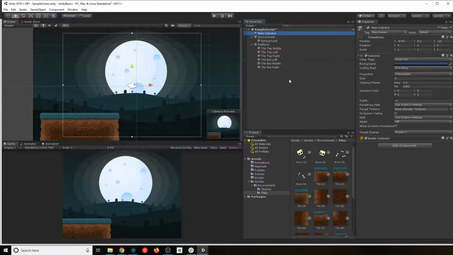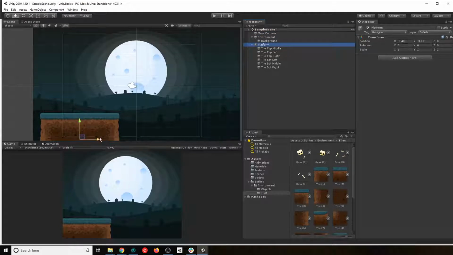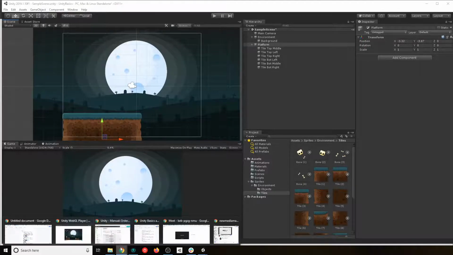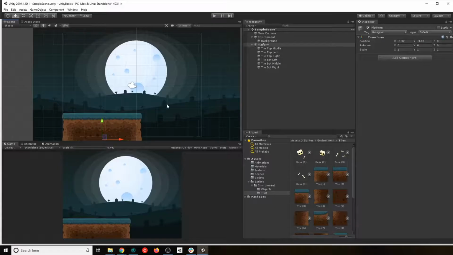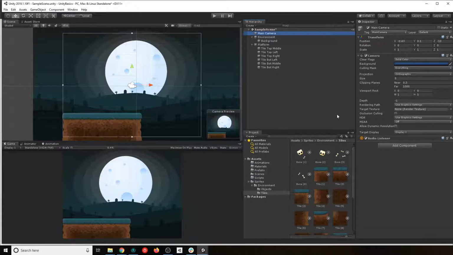Like you can see here, this platform, if we put it exactly as it is in our game, you see this little white line is our camera. If I put it like this, it won't match our game here. This platform looks way smaller. That's just because of how this is being rendered, and as well, how the camera is looking at it.